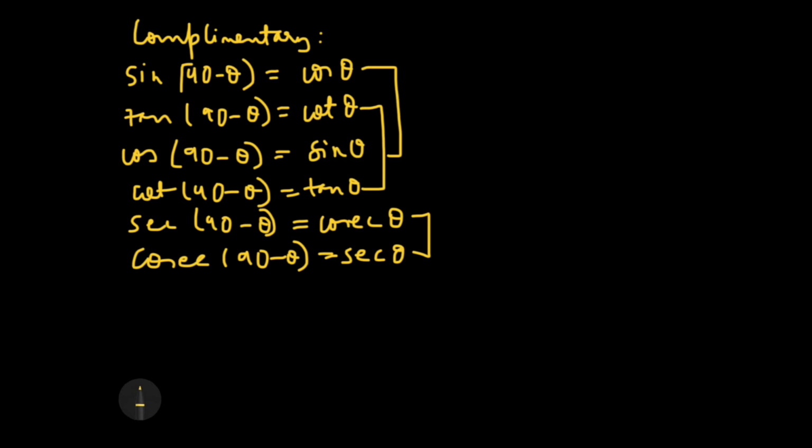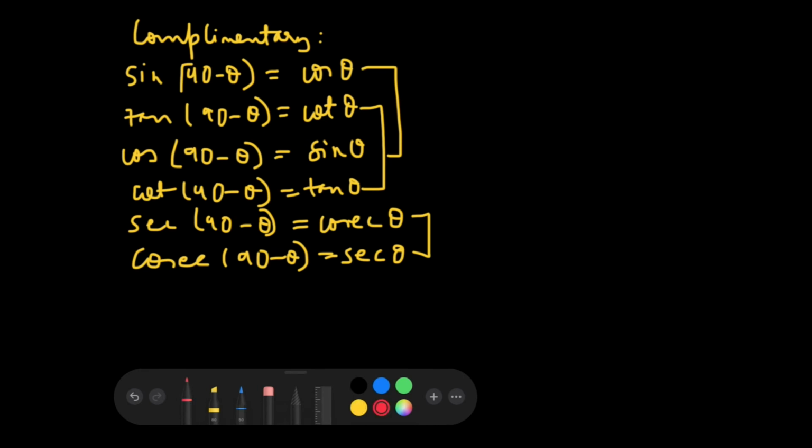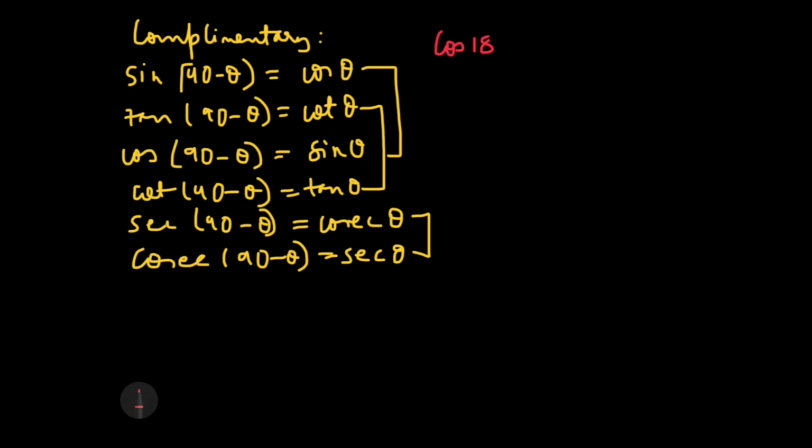What is the meaning of that? Just a quick example: let's say I have a drawing in which it's written cos 18 degree. So what is the value of sine then? The value will be sine of 90 minus 18, that is sine 72 degrees. So sine 72 and cos 18 are actually equal to each other, and that is what I wanted to depict from here. Now from here we'll quickly take a leap to heights and distances.